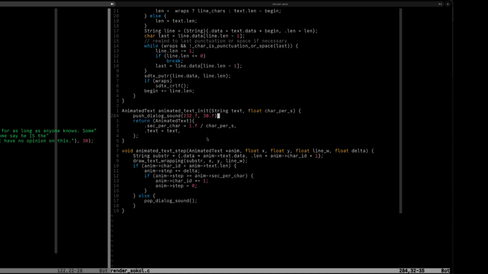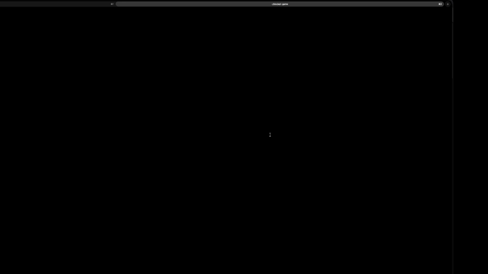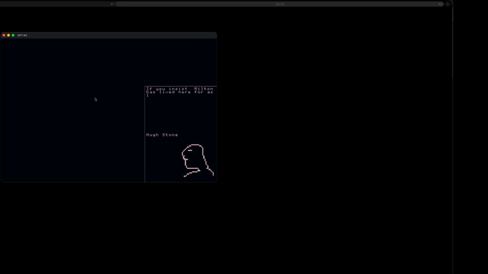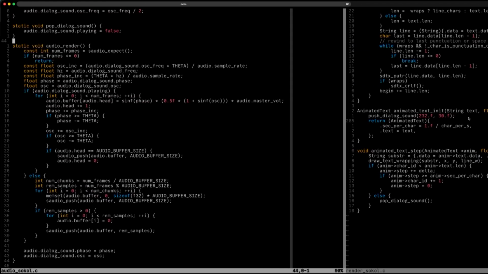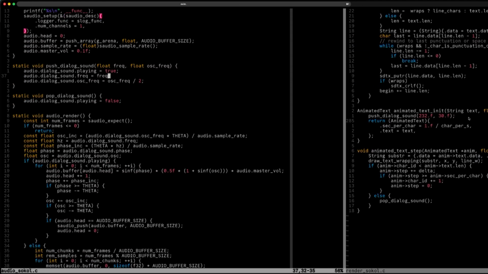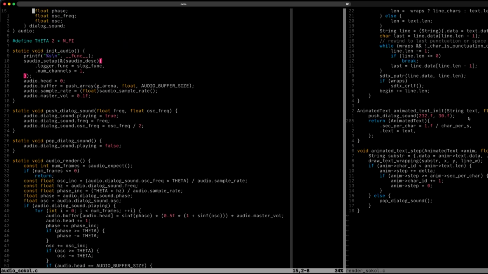So what I have right now is 30 characters a second, which is what we just saw, the speed at which it scrolls out, about 30 characters a second. So that calls push dialogue sound. And so we go back to this audio thing here. Push dialogue sound will take in those parameters and fill in some details about